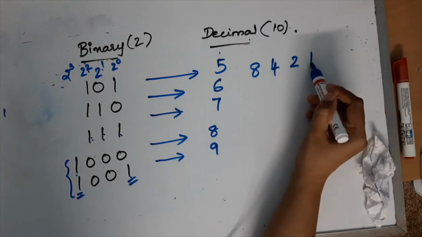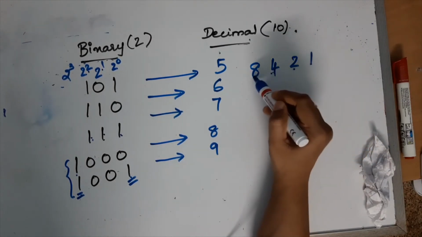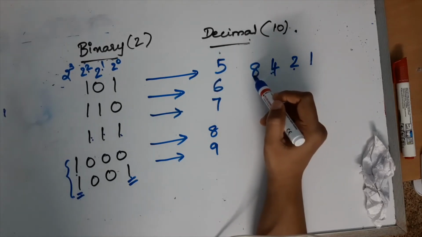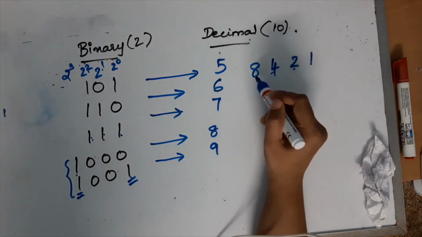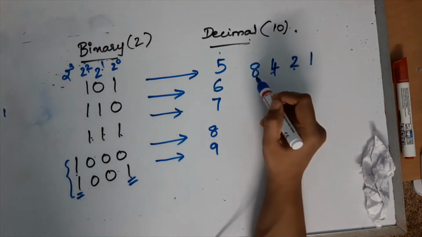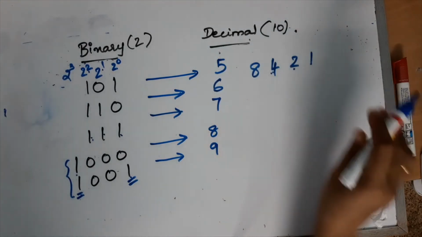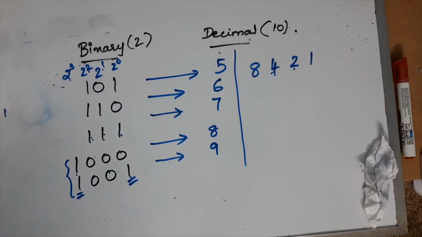That is 1, 1 into 2 is 2, 2 into 2 is 4, 4 into 2 is 8. If you need more bits, then you just need to multiply the previous digit by 2. So 8 into 2, 16 is the next one, 32 is the next one, likewise. So with this, if you write, say,